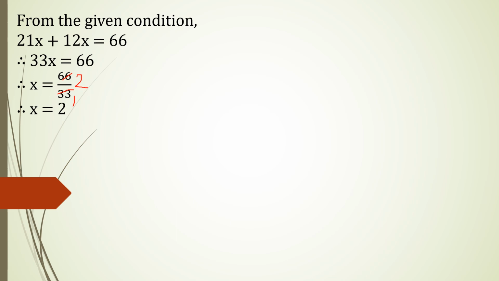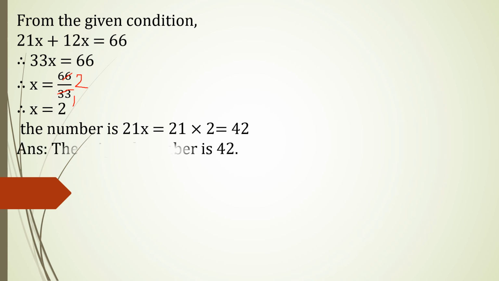Now we have to find our original two-digit number. The number is 21x. So our original number was 21x, equal to 21 into 2. In place of x, you write down 2. So 21 into 2, you got 42. So the original number is 42. And if you interchange, you'll get 24. So 42 plus 24, if you add both, you will get 66. Yes or no? Means your answer is correct. This is the way you have to check also.